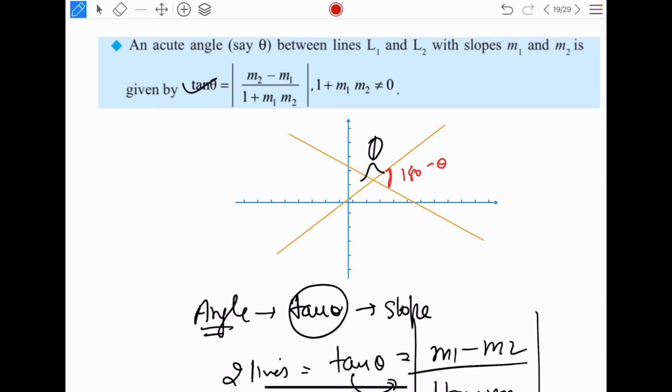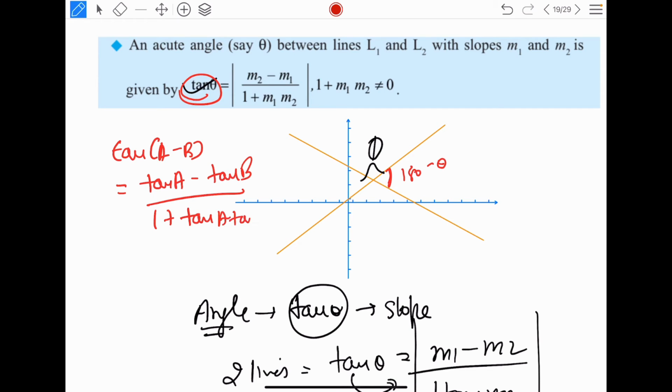Now, if you have studied the formulas of trigonometry, you will be able to derive this angle formula easily. This is only for those who have studied trigonometry. Those who have not can refer to my trigonometry video and come back to this. Trigonometry video is coming very soon. The tan of a minus b formula is tan a minus tan b upon 1 plus tan a tan b. Tan a here will be the slope of the first line. Tan b will be the slope of the other line. That is why tan a can be written as m1, and tan b can be written as m2, or m2 and m1. So tan a tan b is m1 m2. That's how this has come.